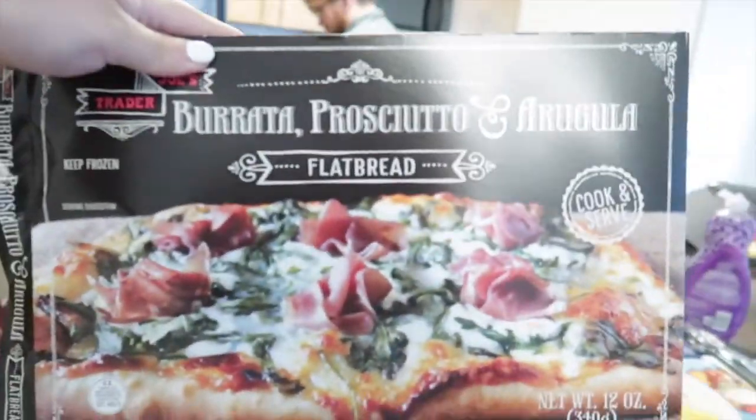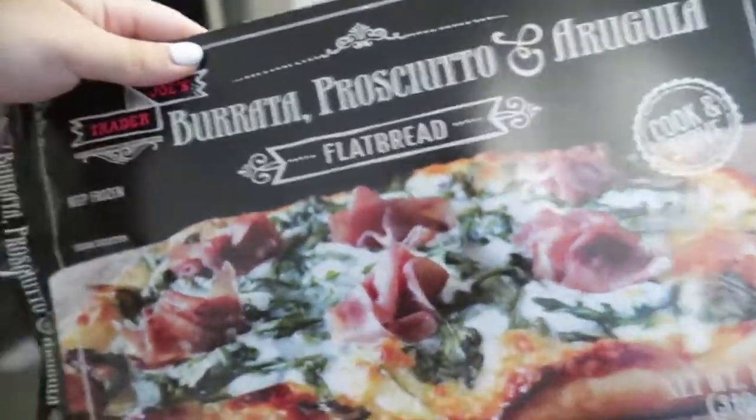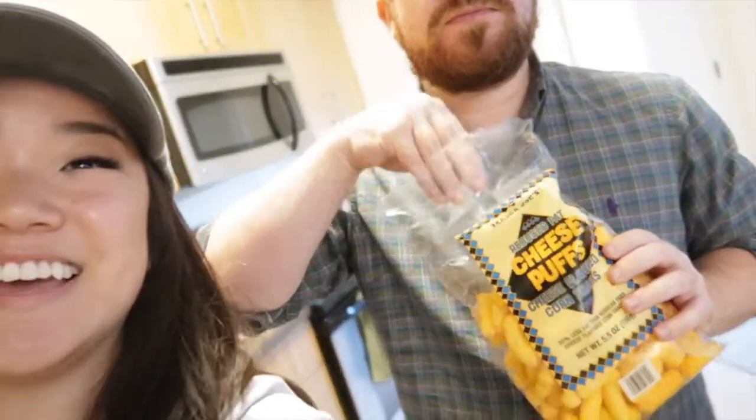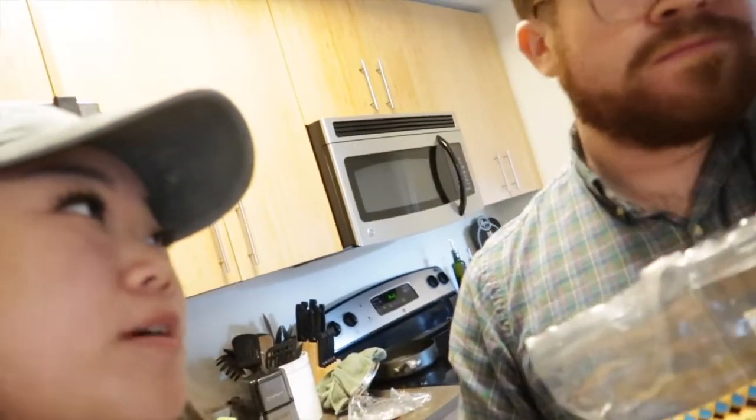Oh, by the way, tonight it is pizza night in our household. Pizza night! Oh, okay guys, this is Jimmy's favorite item that he got. Cheese puffs! They're so good. I feel like if you were a snack, you would be a cheese puff. I mean, I'm a snack, but...